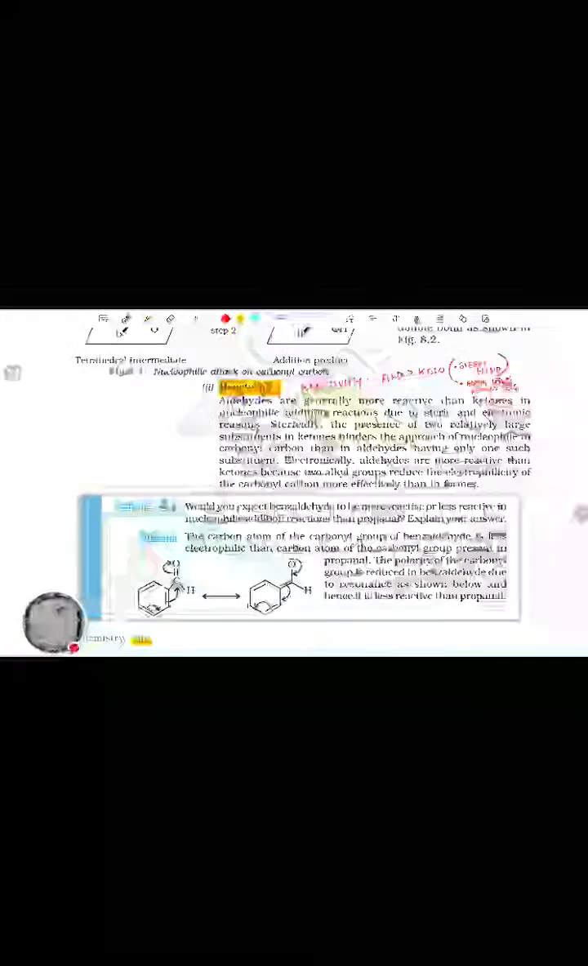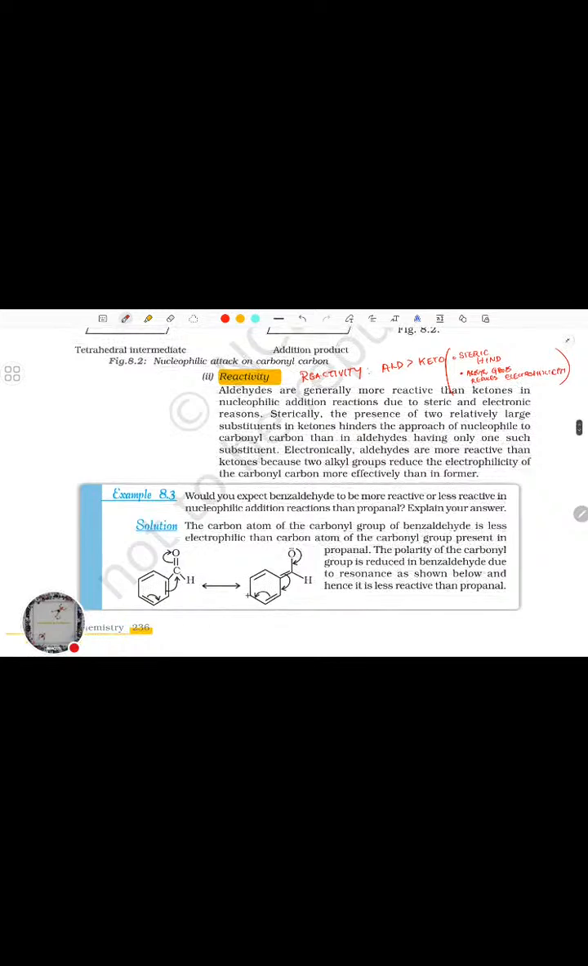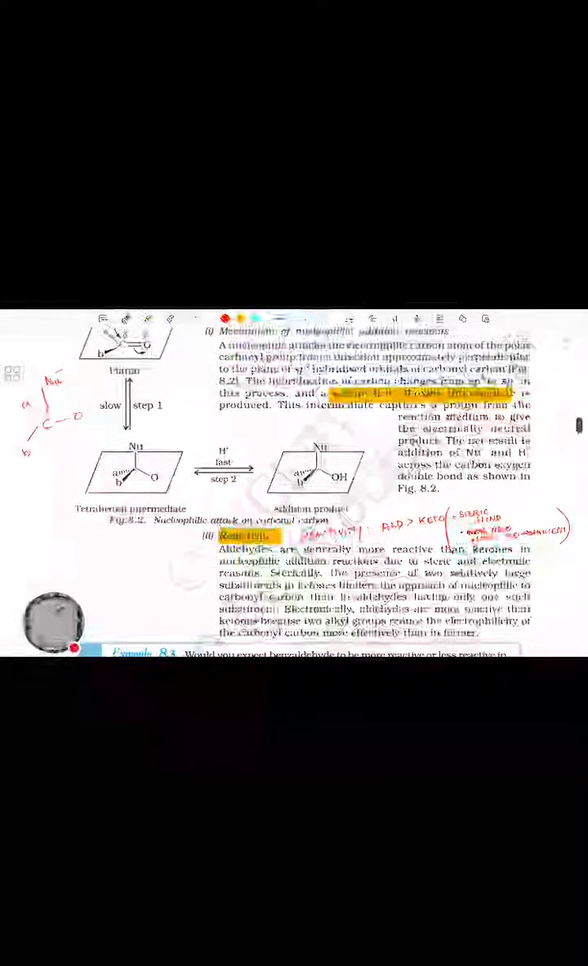Next, the alkyl groups reduce the electrophilicity. So that's another part to be noted. Electronically, aldehydes are more reactive. So this is the reactivity part, and the nucleophile